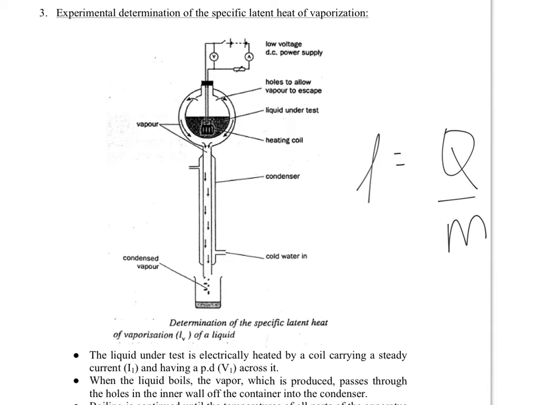Now, the only problem for us is to find the mass, because this m actually represents the mass of, in this case, water that becomes steam at constant temperature. But how are we supposed to calculate that amount of mass precisely or accurately? Because if you were to start off with water at room temperature, and as you heat it up, some water will start to evaporate, but then you cannot consider that mass. You can only start to measure the mass of the water that becomes steam when the water has reached 100